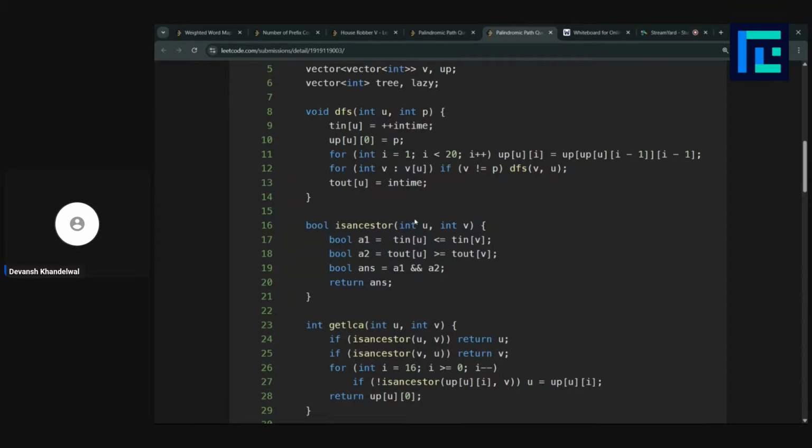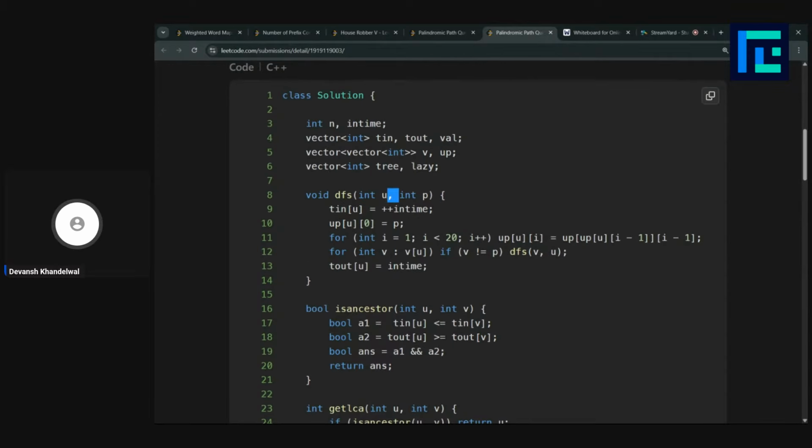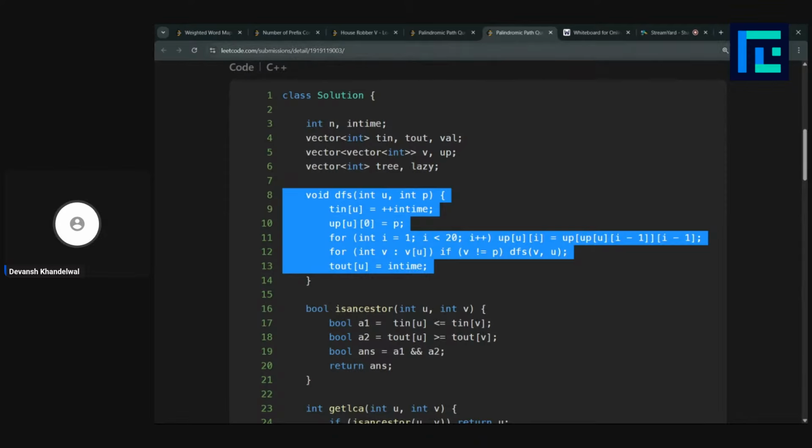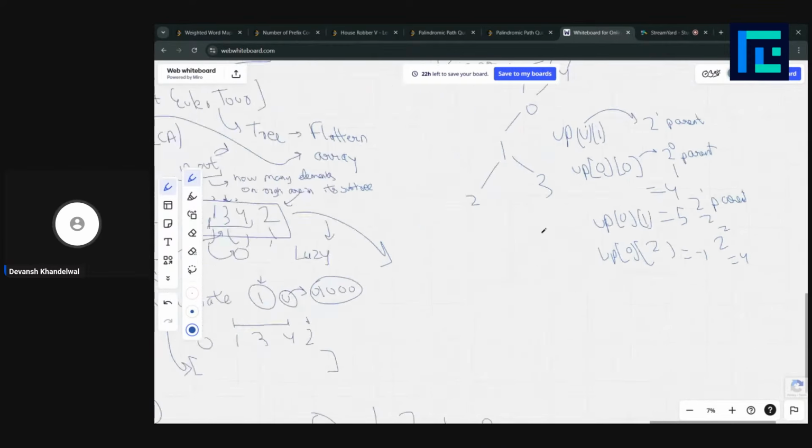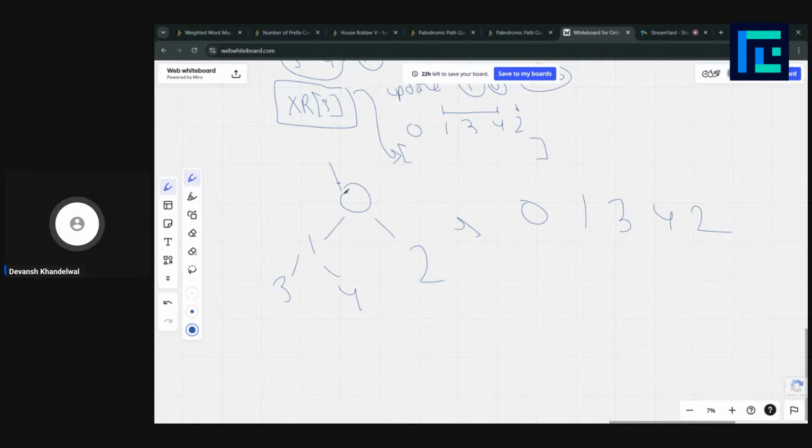the ancestor. How are we calculating the ancestor? When we were doing DFS, what we did was we had an in time and an out time. Coming here, when we entered here, our in time was 0. At each index, we would have this in time and an out time, right?